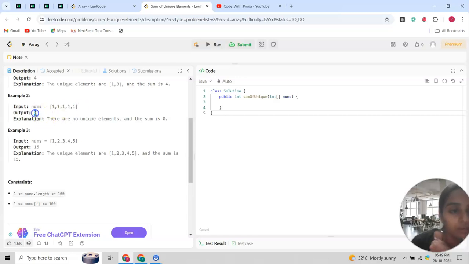So the output will be 0. Why is it 0? Because the 1 is present 5 times and it is not unique here. Okay, and continue with the